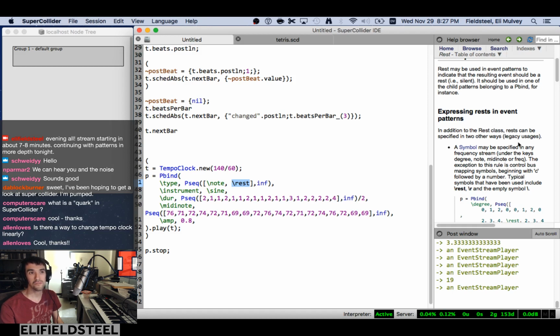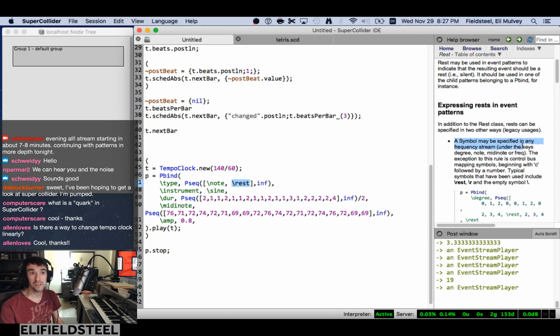In addition to the rest class, rests can be specified in two other ways. A symbol may be specified in any frequency stream under the keys degree, note, MIDI note, or frequency. Don't worry about this exception. So basically, a symbol is just anything with a backslash before it. And this means we don't actually have to worry about these wacky long lists of delta times anymore. We can just think about our melody and think what's the shortest delta time in there, and it's the eighth note. There's no 16th notes. It's just eighth notes, 1 and 2 and 3 and 4. So we can just say